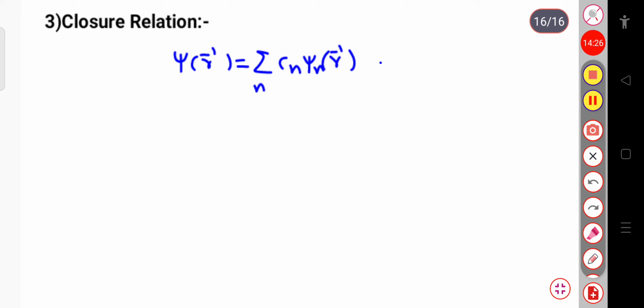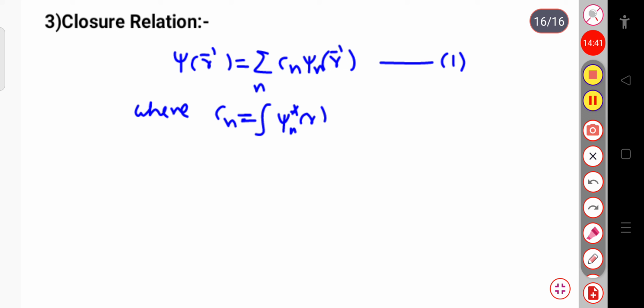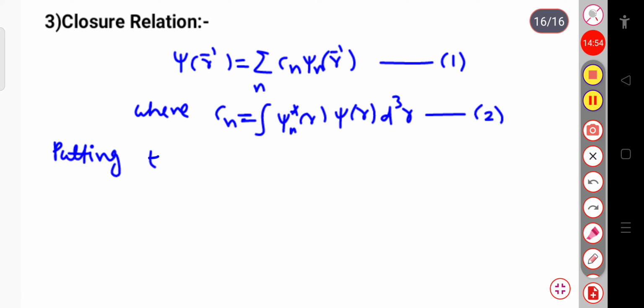This is, suppose, equation number 1, where this expansion coefficient Cn is equal to the integration over psi n star of r into psi of r into dqr. This is, suppose, equation number 2. So if I put the value of Cn from equation 2 in equation 1,